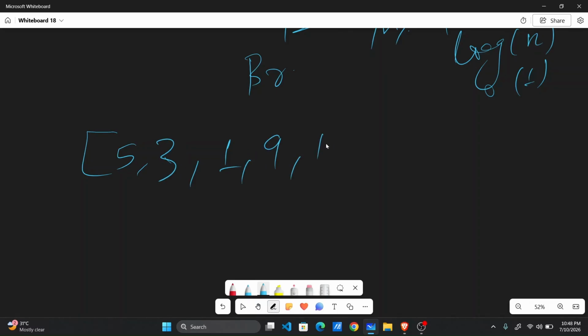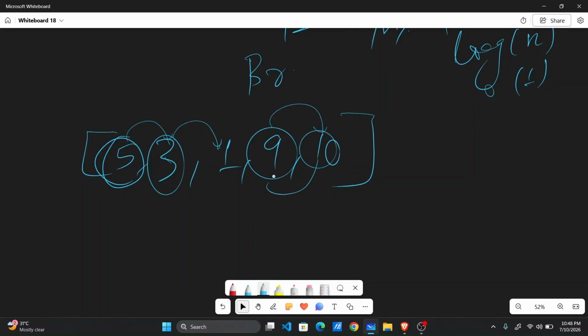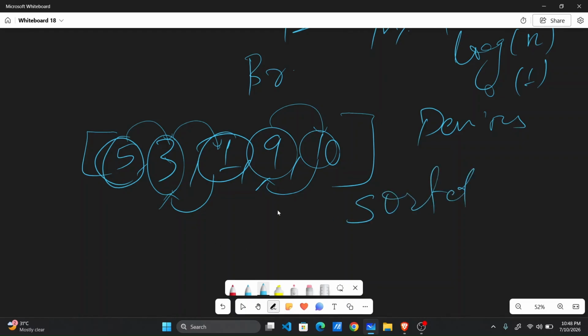So it was 5, 3, 1, 9, and 10, right. From 5 it can go here, and 3 can go here, right. For 9 it can go here, for 10 it can go here, and for 1 it can go here. So from the previous question that we did, we came to know that if we sort this, we will be able to